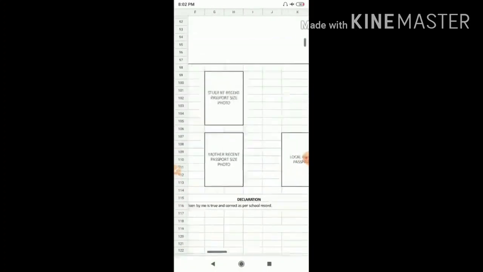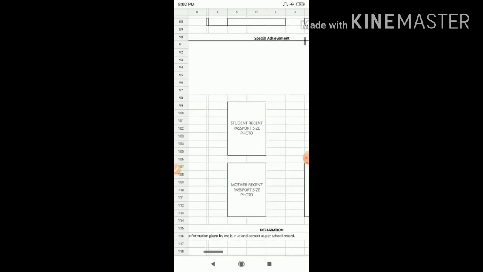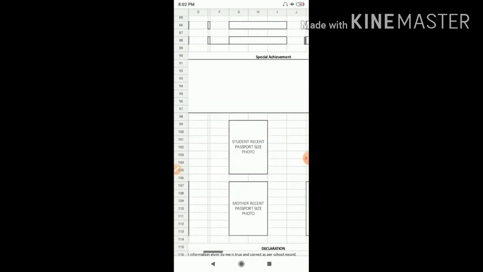Now you will find difficulties in inserting photos. You have to insert your photo, father's photo, mother's photo and local guardian's photo. How to insert images, that I am showing now.